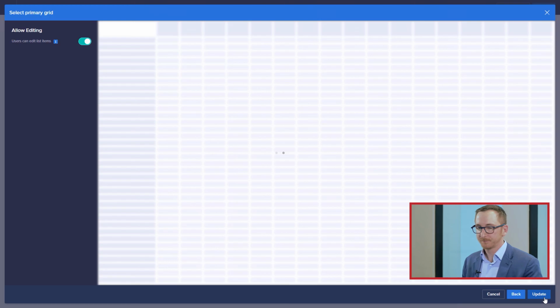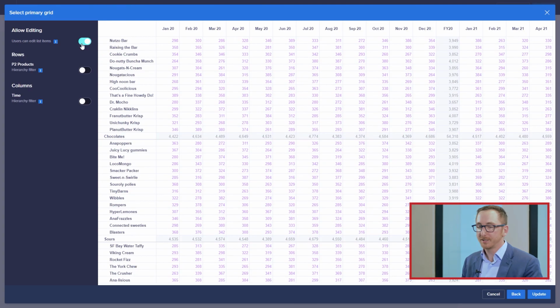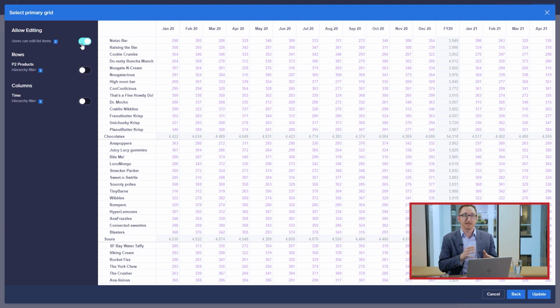At this point, you'll see that there's the users can edit. This is a little bit different, in that it's not allowing them to edit the actual data in there. This is more so on the editing the permissions of the line item names or list names. So this will follow the security that's set up in your model. We're not going to worry about it this time. The same thing with our filters. If you want more information on that, please visit the course afterwards. But now that we're ready, we're going to click Update.